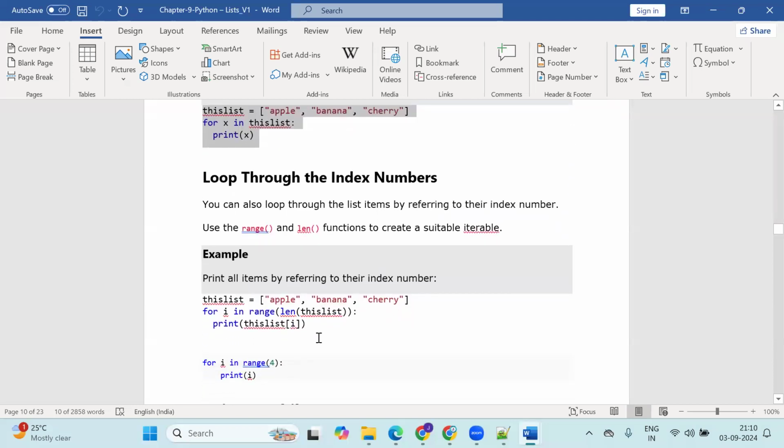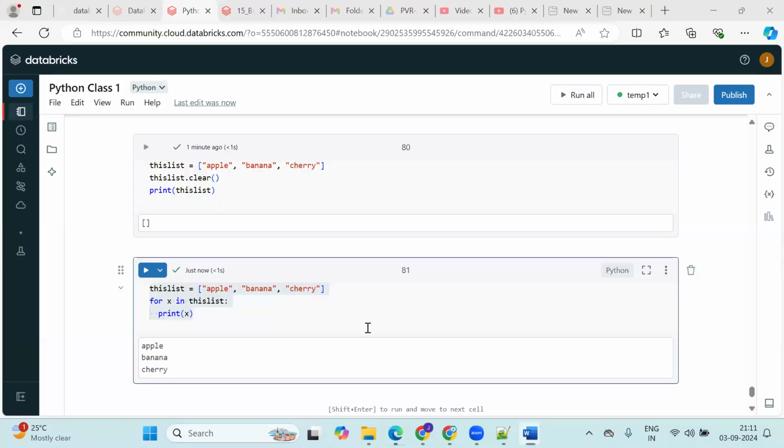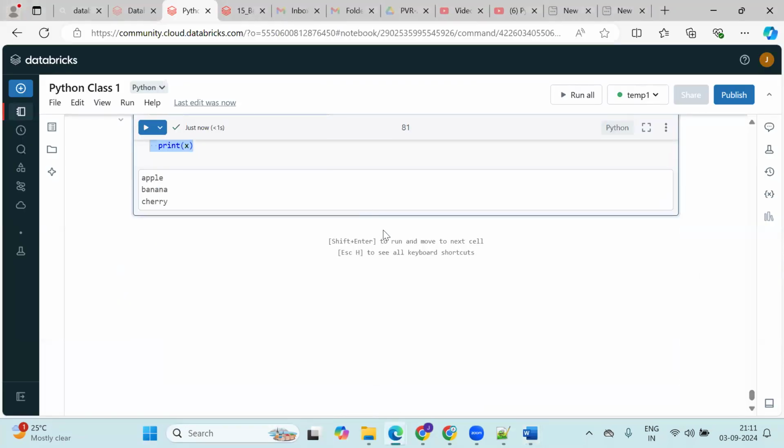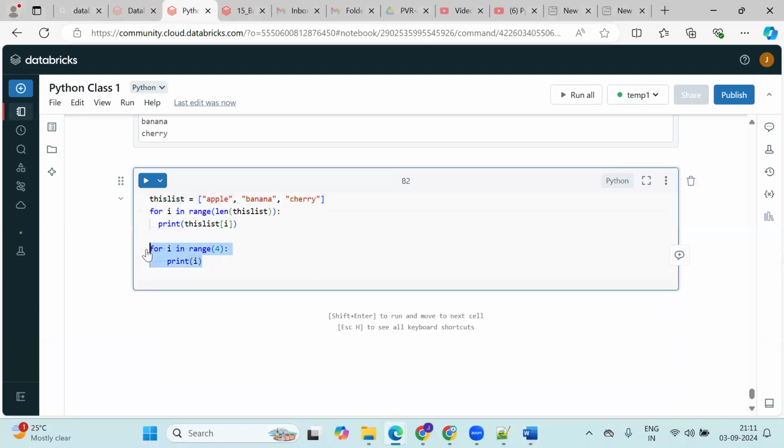Index number, loop through the index number. You can also loop through the list items by referring to their index number. Use the range and length functions to create a suitable iterable. Now, if you see here, range will pass the range. So when I use range alone, it will be considered when I'm passing